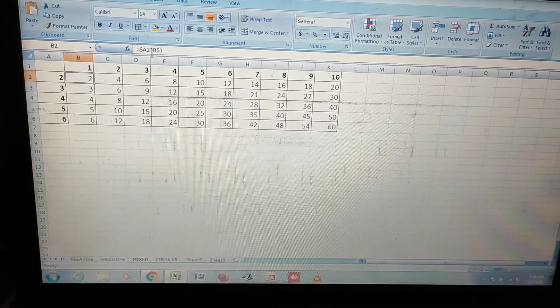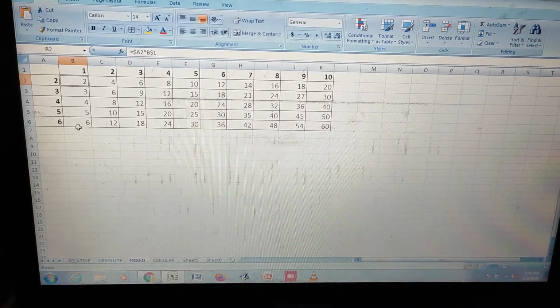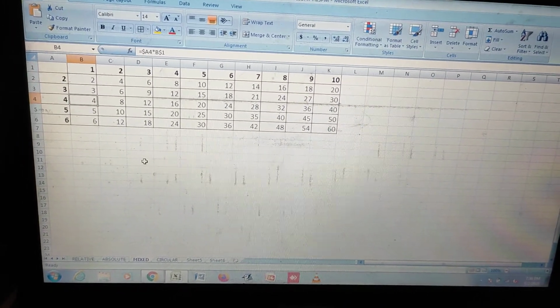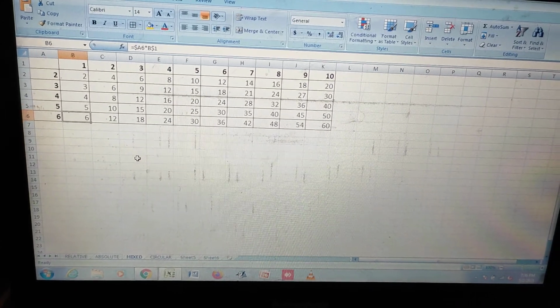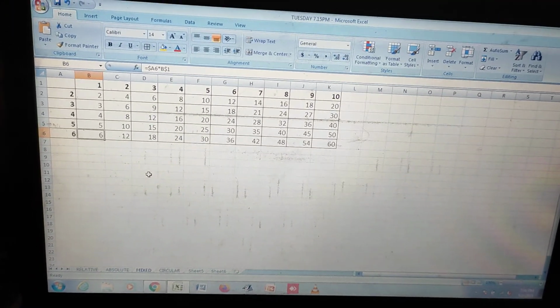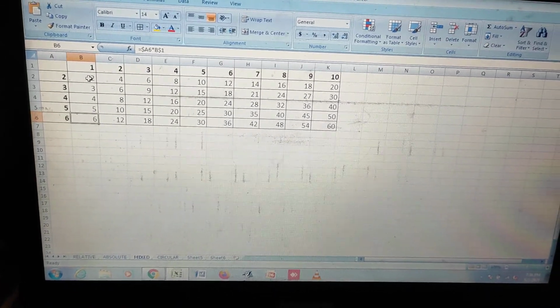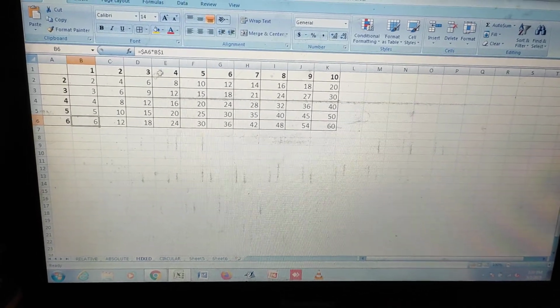But now you see it properly. Now I will go column wise. A3, A4, A5, A6. Now the row number is changing. That is called mixed referencing, where both options are there. Absolute referencing is also there, and relative referencing is also there.